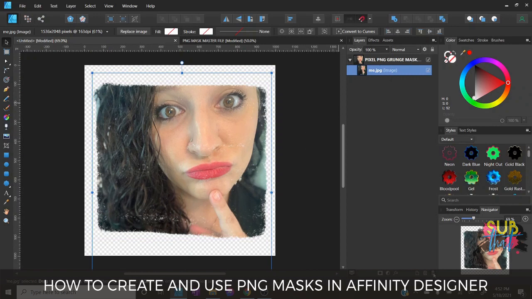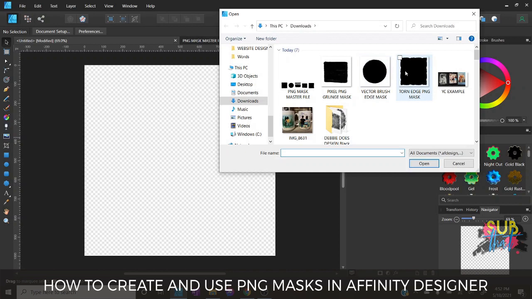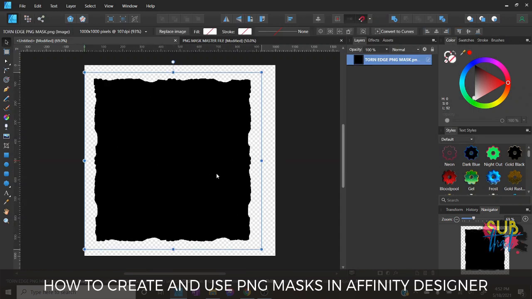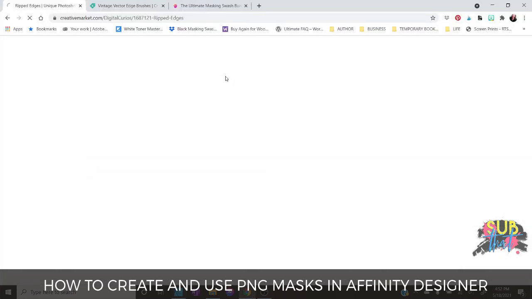Okay. Last time. So again, we're going to hit that place image tool. We're going to choose one of the PNG masks that we made. Remember, these are the ones that we exported. So if you have exported it as a PNG, or if you purchase one like the one I just showed you from Debbie,